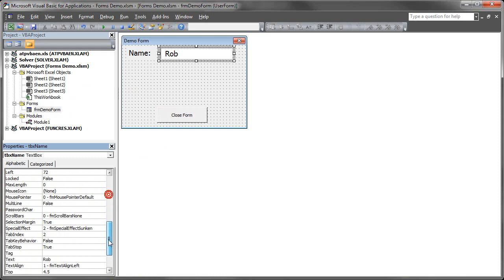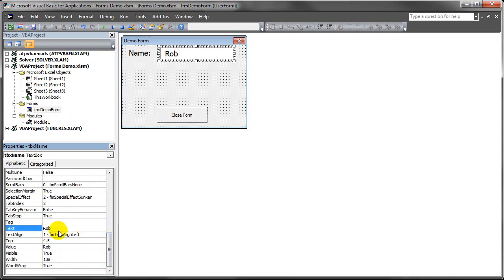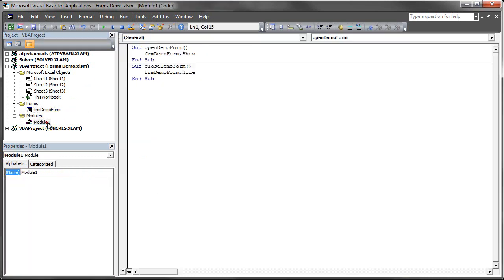Let me take this off for just a second. So we'll go back and take the value out. The text also disappeared there. So we've taken that value out. Let's look at the way we closed it. The way we closed it was to hide the form. Now a form gets created in memory of the computer before the user can actually see it visually. And so all we're really doing is hiding it,